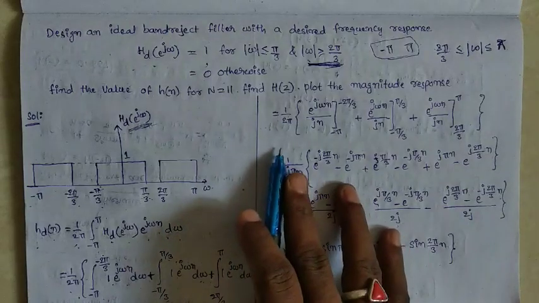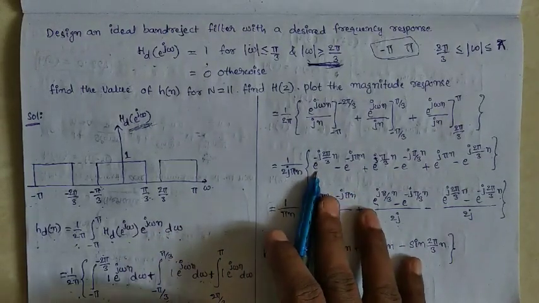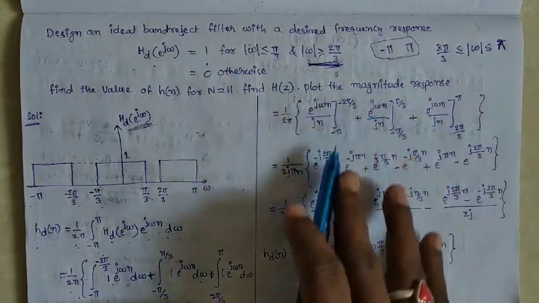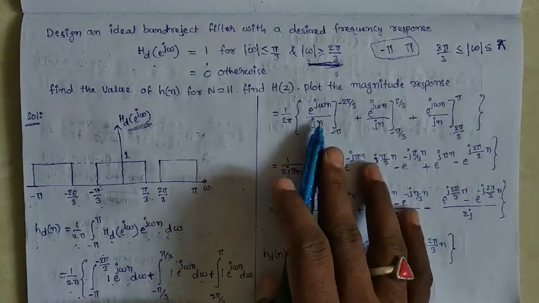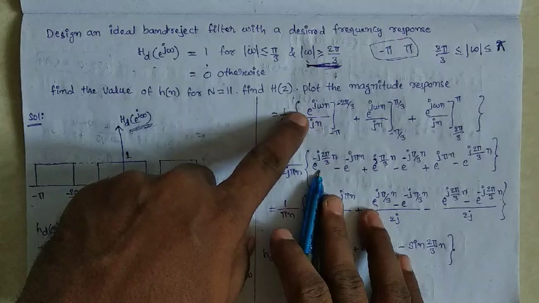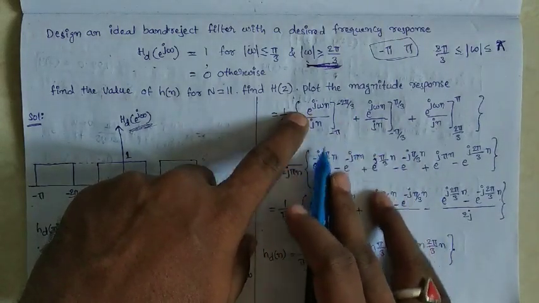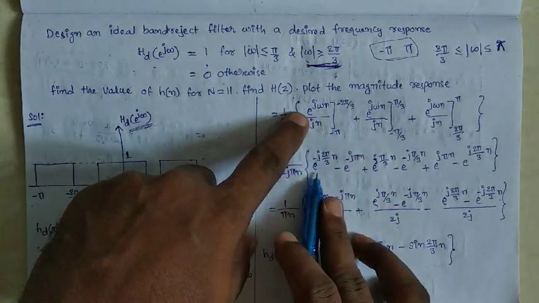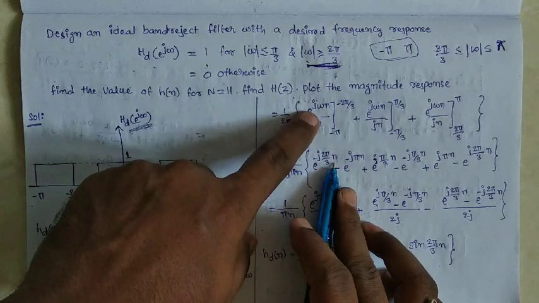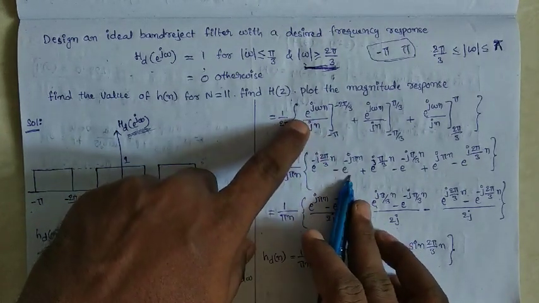It means that becomes what? 1 by 2j pi n of, and here we are substituting the limits, upper limit and the lower limit. First, in this we are substituting the upper limit and lower limit. First we apply the upper limit, e power, in place of omega I am writing the limits, e power minus j 2 pi by 3 n minus the lower limit, minus e power minus j pi n,